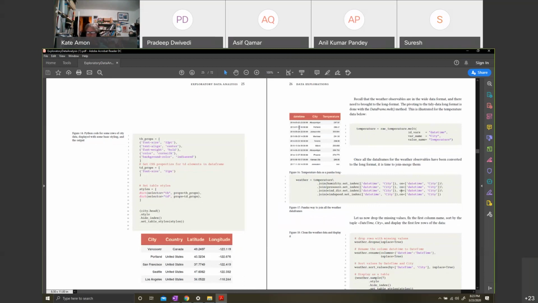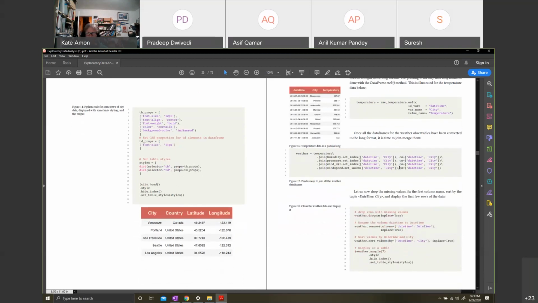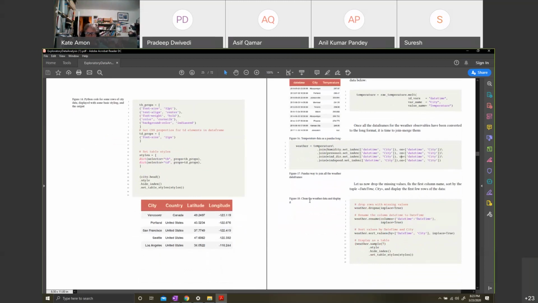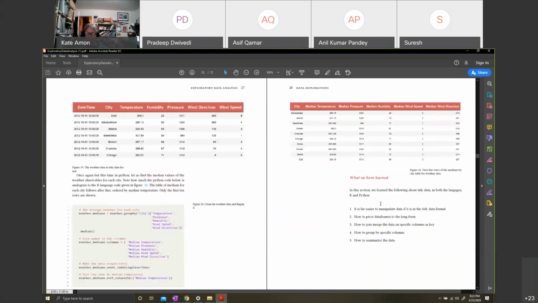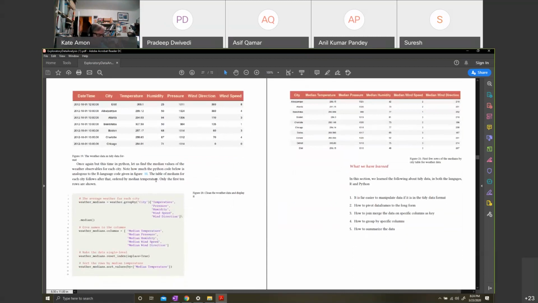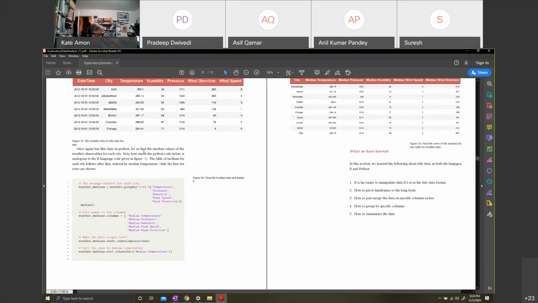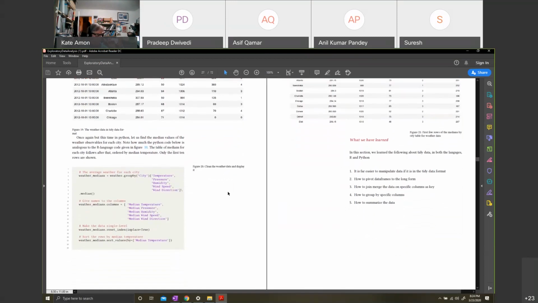Very small differences between the two, which is one reason I insist that people learn both languages in the syntax. So once you have this data and you have cleaned it, for example, changing date time to capital letters and so on, and sorting it by city, you can see all of that. You can see the data, again in the same way, formatted. And how do you find the median, for example, the same statistic?